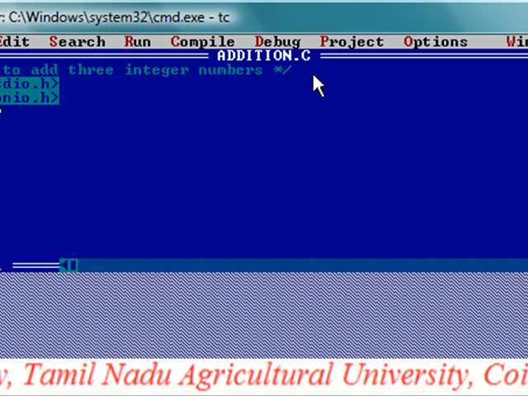Then press enter to make a new line. In order to have clarity, try to have indentation in the program. So press enter, and then the aim of the program is to add three integer numbers. So first of all, declare three integer variables in order to add them. So the declaration statement int followed by number1, comma, the second variable is number2, comma, number3,